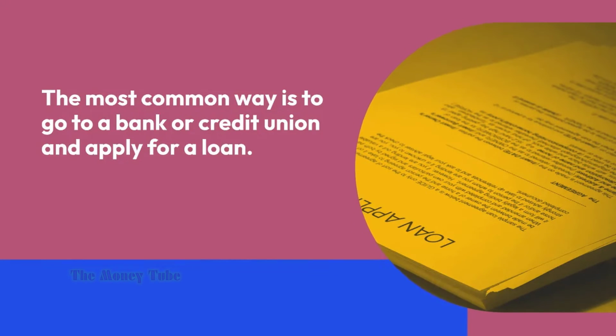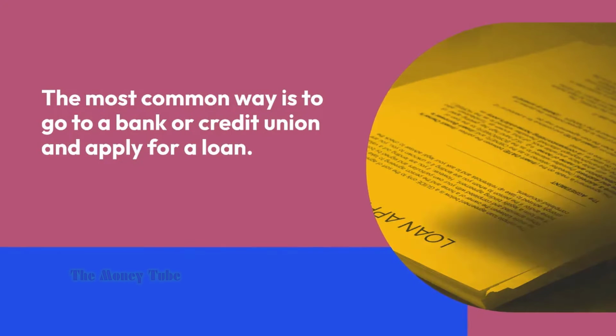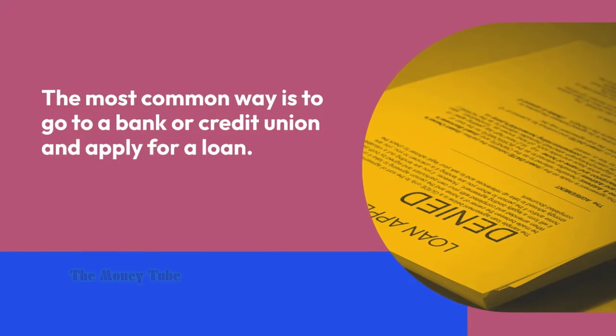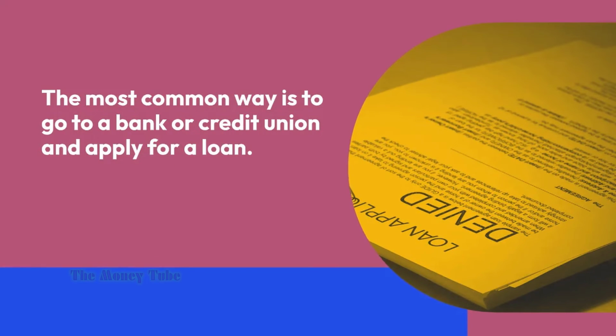Another way to get a home improvement loan is to go to a home improvement store like Home Depot or Lowe's and apply for a loan there. The store will usually give you a loan based on the amount of money you plan to spend on your